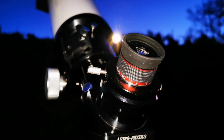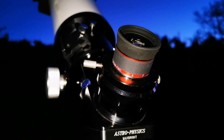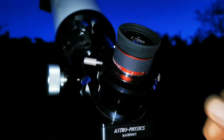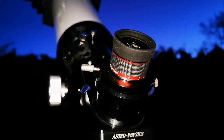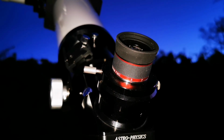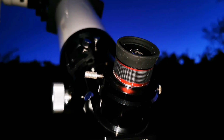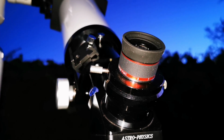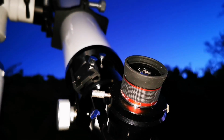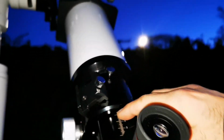Okay, I can say the disk of Jupiter is laser sharp, very clear. I'm using the setting for 8mm, and 8mm is really good. It's a sweet spot for observing with most of the refractors that I've seen, and this is not an exception. Very good sharp image. You can see lots of detail on the face of Jupiter, and because you can rotate the